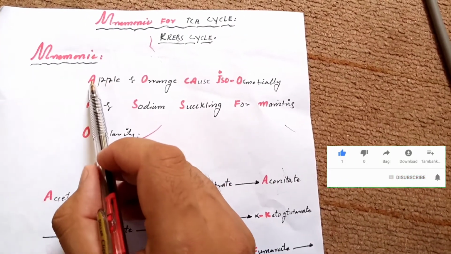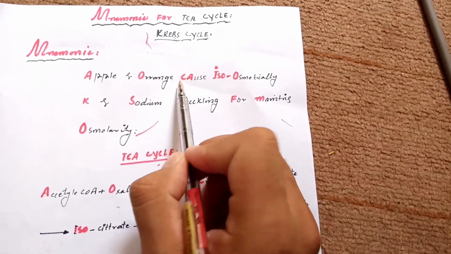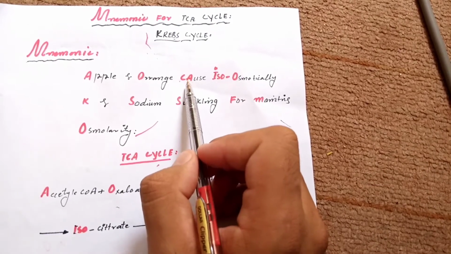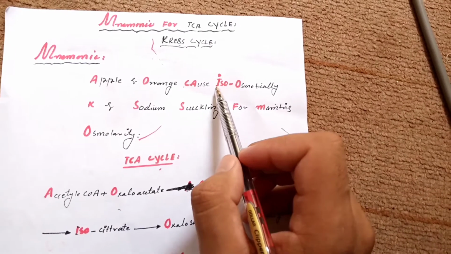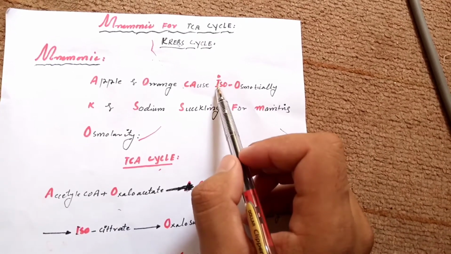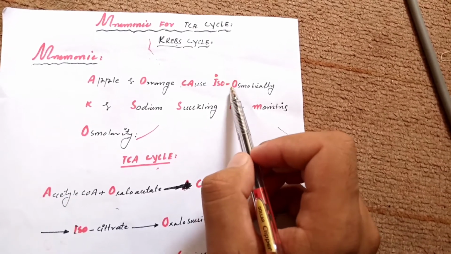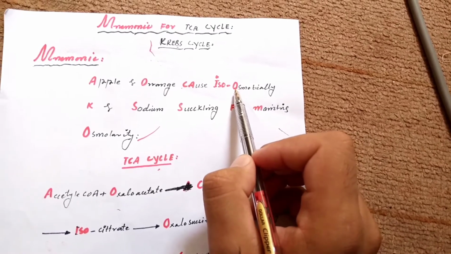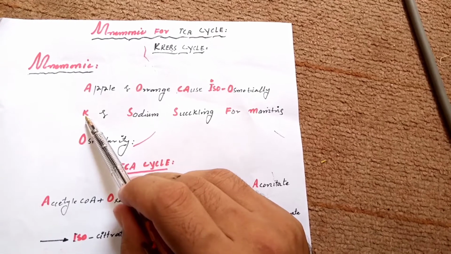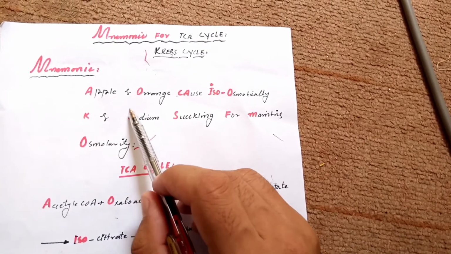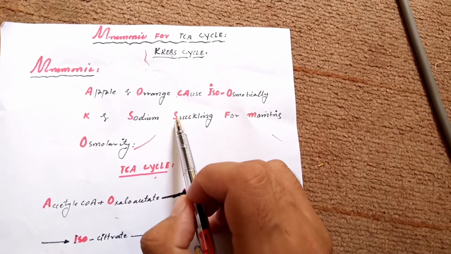The acetyl CoA plus the oxaloacetate react to form the citrate, and the citrate then will be converted by a special enzyme into aconitate, and the aconitate then will be converted by a special enzyme that we will discuss later into isocitrate. The isocitrate will be converted by enzyme into oxalosuccinate, and the oxalosuccinate will be converted into alpha ketoglutarate, and the alpha ketoglutarate will be converted into the succinyl CoA, and the succinyl CoA will be converted by special